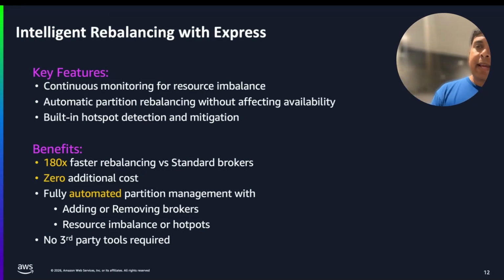What happens when you scale back in? Well, it needs to move the partitions from the other brokers to the brokers that will remain. That means you need to empty certain brokers in the Kafka cluster. So if you have a 6 broker Kafka cluster, it needs to empty 3 brokers so that all the partitions are in the first 3 brokers, and it can then scale back in. It can reduce the number of brokers in the Kafka cluster. It's completely taken care of.